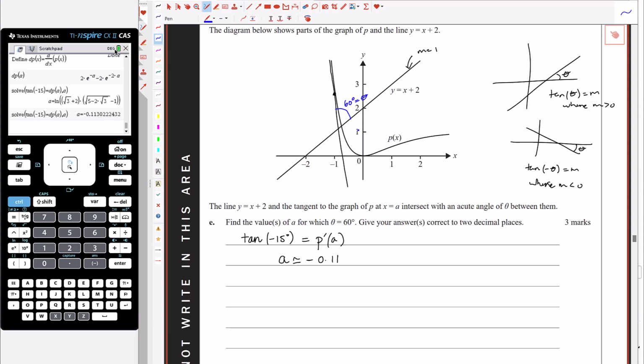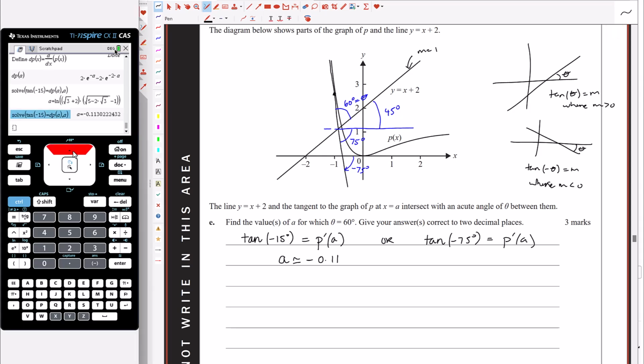And so the difference now is, if I still think about this as being 45 degrees, that angle there isn't 15 degrees anymore. The total angle is going to be 120, so that angle there has to be 75 degrees. So again, treating this down here as being negative 75, I also need to think about tan of negative 75 degrees being equal to the derivative of